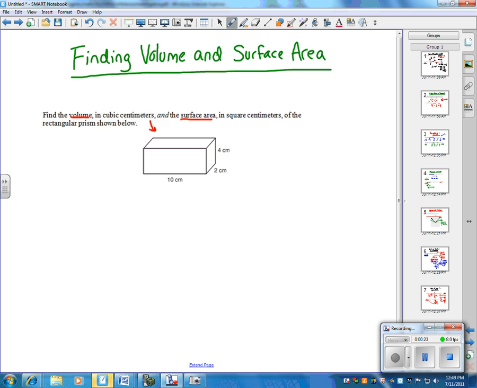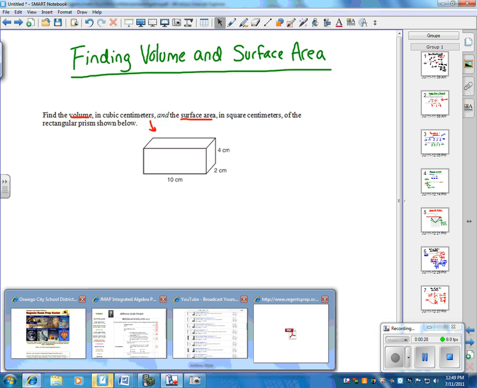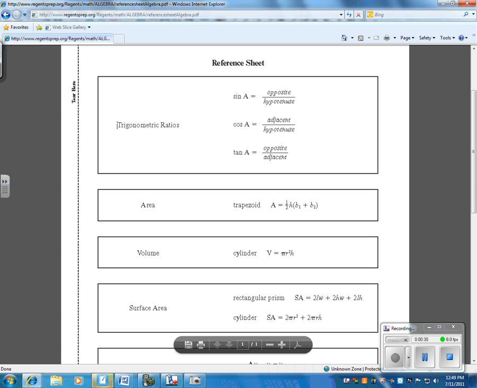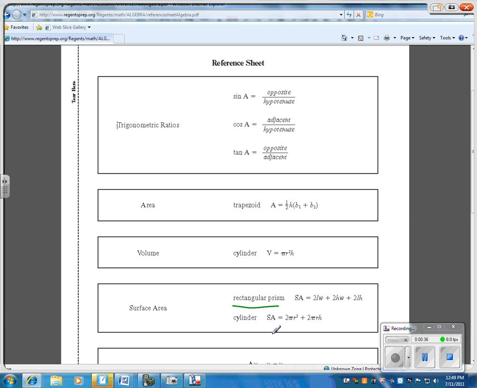So what we're going to do is take a look. We're going to go to Internet Explorer and I'm going to pull up the reference sheet. Now, one thing you will notice is that we do have rectangular prism surface area. We can find that surface area for a rectangular prism. There isn't volume though. Volume's not in there. All I have is cylinder. So the volume for a rectangular prism we should know, but the surface area one's already there for us. So I'm going to take that,